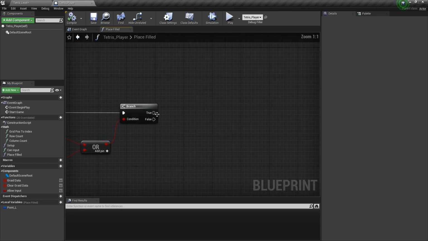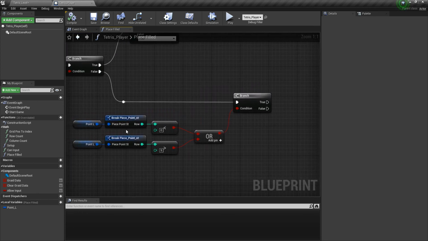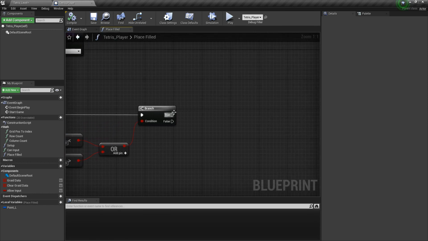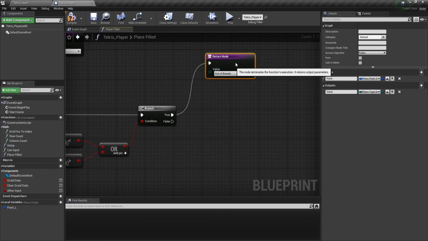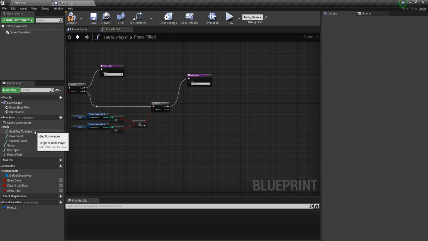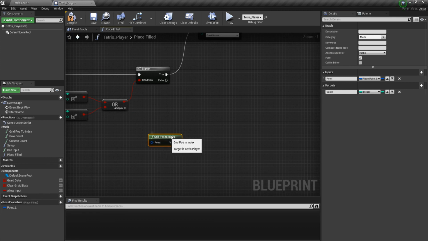So go ahead and after you've done this, so if the row is less than 0, it's out of bounds, or greater than 9, it's out of bounds, go ahead and add another return node, and we'll return out of bounds. So now the next thing we want to do is, now that we have this function, position to index,